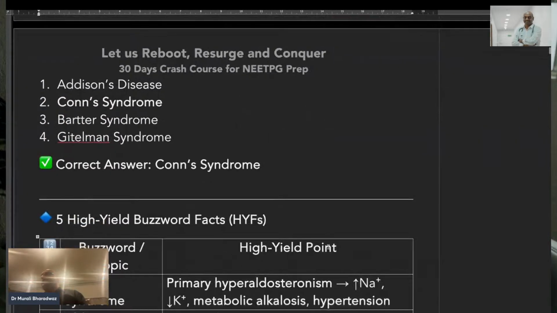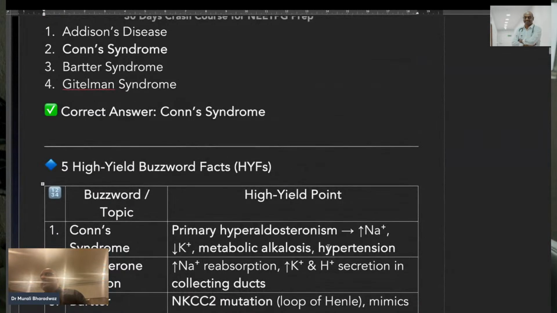Beautiful. Conn syndrome. Barter, Gitelman, Liddle, Conn. Barter, Gitelman, Fanconi. Fanconi is in a different line. That Fanconi is also important, but there is a proximal convoluted tubule dysfunction leading to aminoaciduria and glycosuria. Barter, Liddle, Gitelman, Conn's,